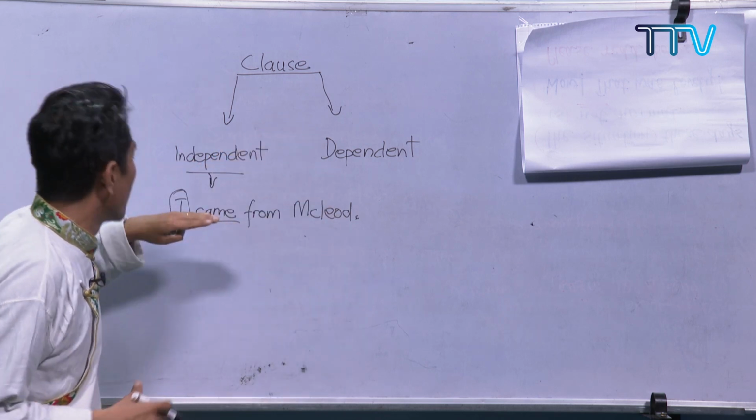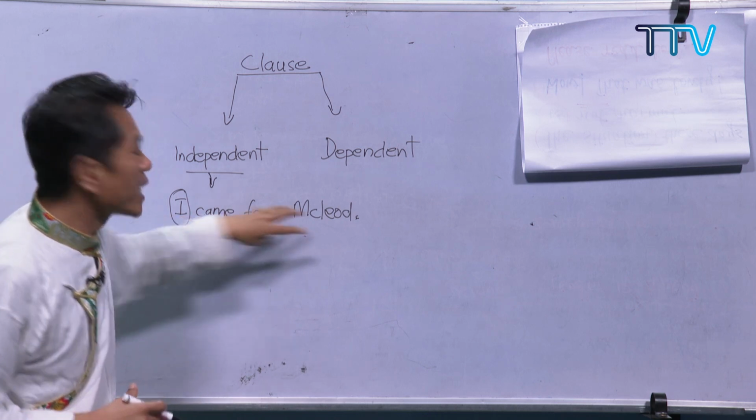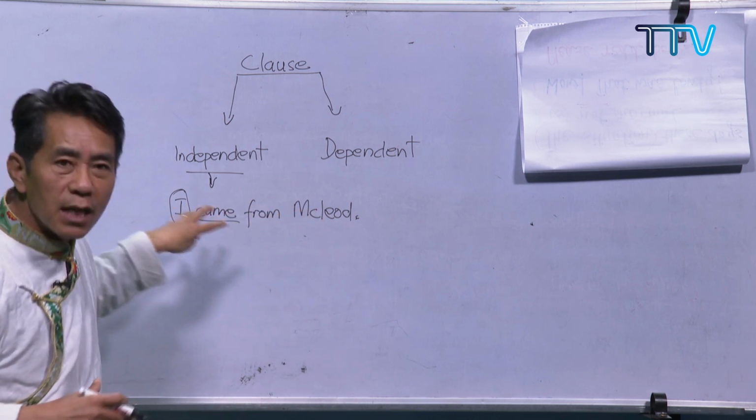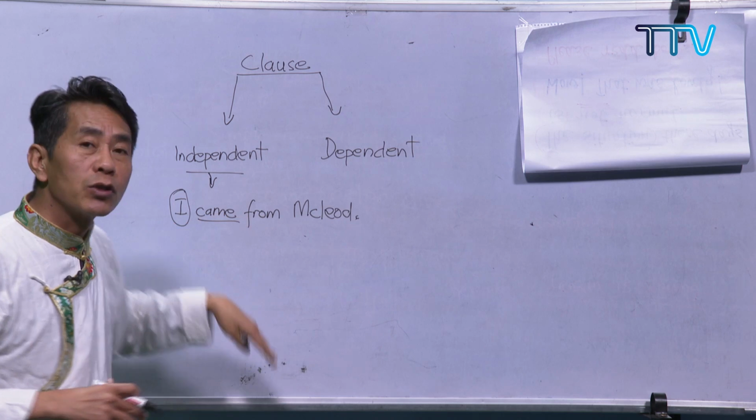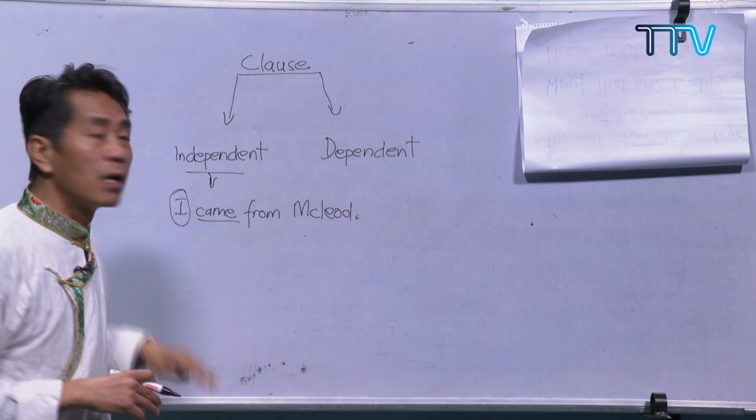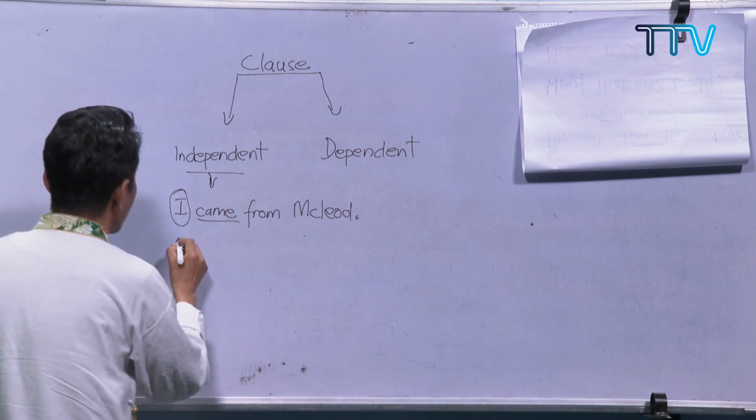Now, this is independent. Why? Because it makes a complete sentence. It makes a complete meaning. It does not have to depend on others. So, this is an independent. Okay. Likewise,